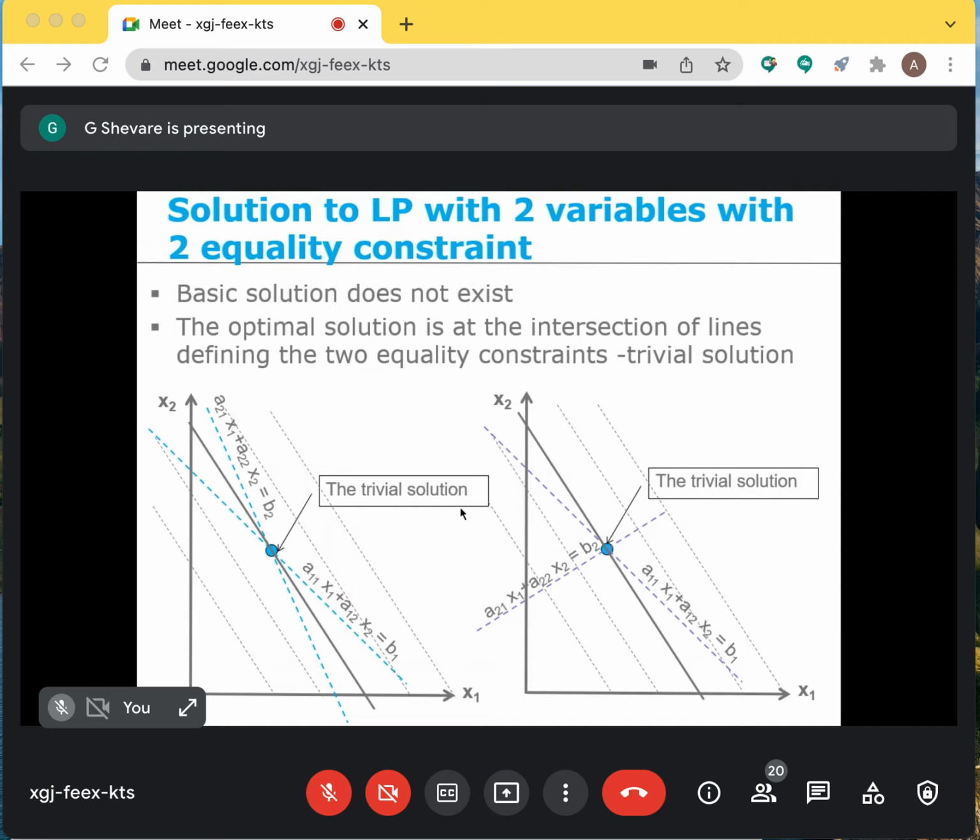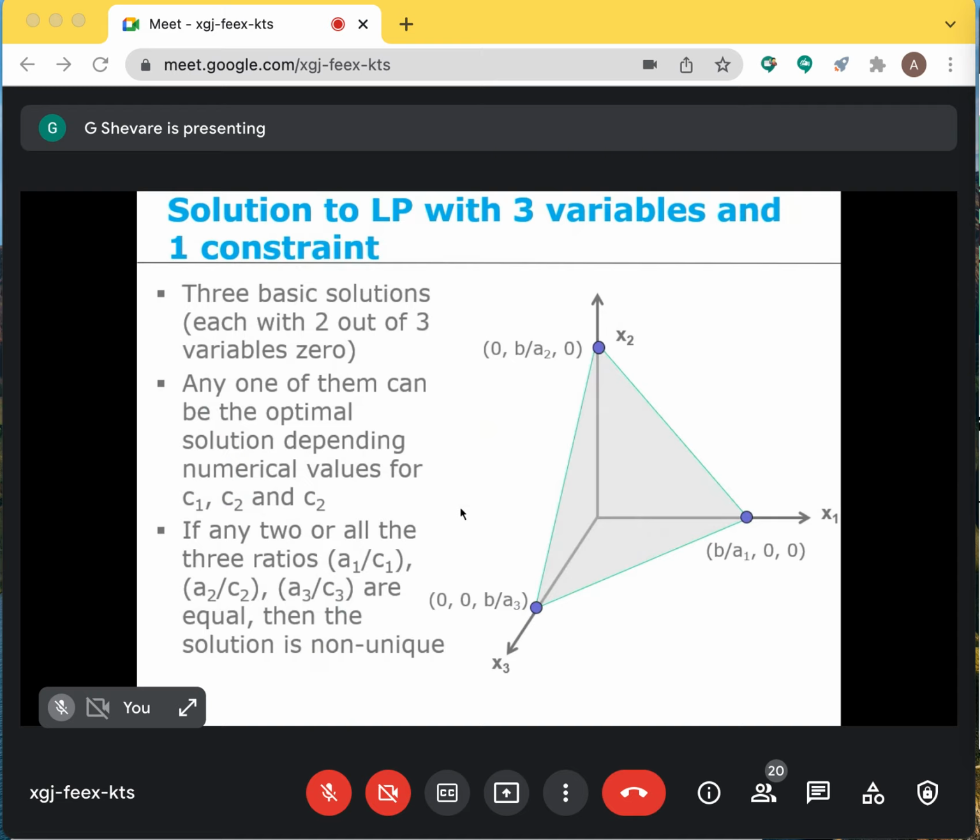Now, this is a degenerate case where, supposing that there are two equality constraints and two design variables. If there are two equality constraints and two design variables, the basic solution actually doesn't exist, in the sense it has become degenerate. Two equations and two unknowns will automatically fix x1 and x2. There's hardly anything to call an optimal value for x1 and x2. There's only a unique value of x1 and x2, and this is a degenerate problem of optimization. We are not looking at this problem. Let's go to the next level.